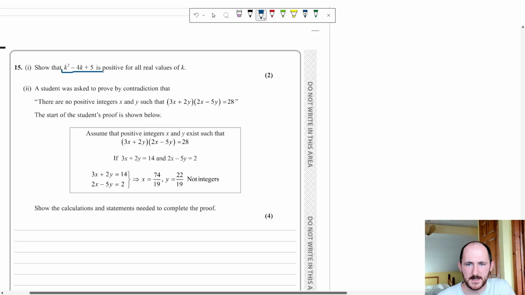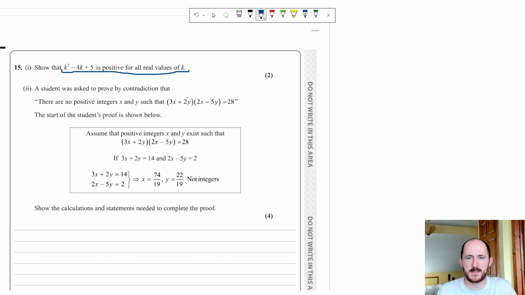This first one is quite nice. If it's a quadratic and they show that it's positive, they're saying show that it's greater than 0, I would just use completing the square. So we have here (k − 2) all squared minus 4 plus 5. If I simplify that, we get minus 4 plus 5, which is plus 1, which is greater than 0 always,